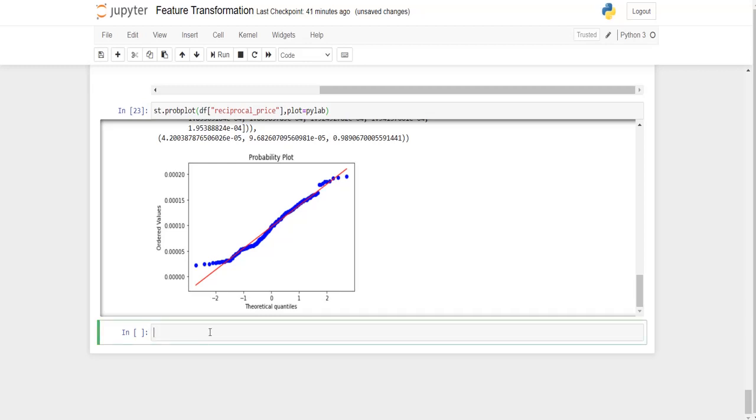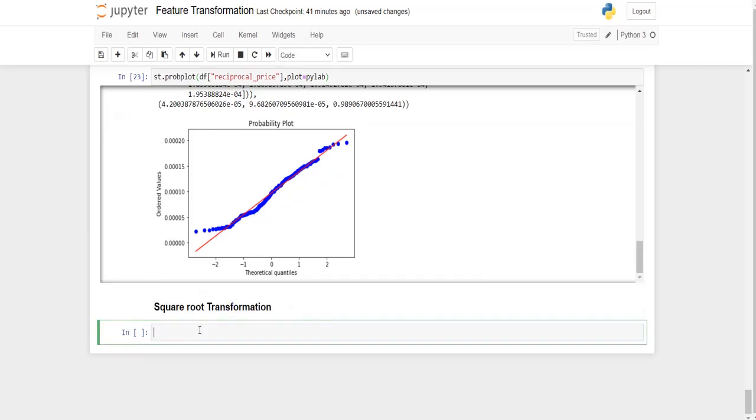The next type of transformation we are going to apply is square root transformation. So square root in the sense we take the square root of each value of the feature price. So let me add a new column named square_root_price.